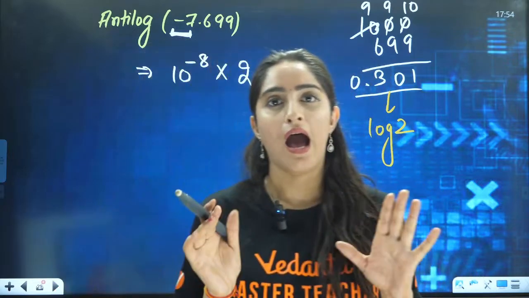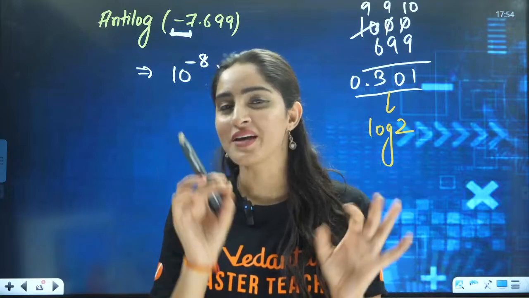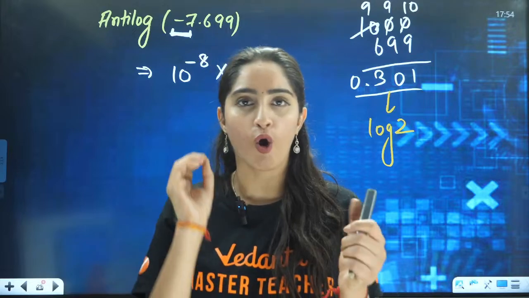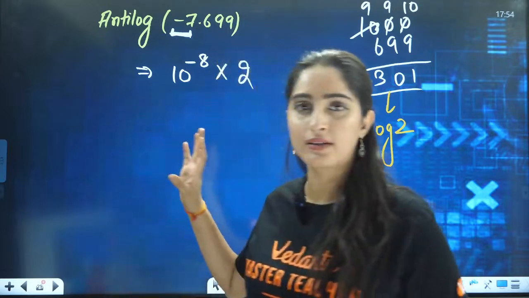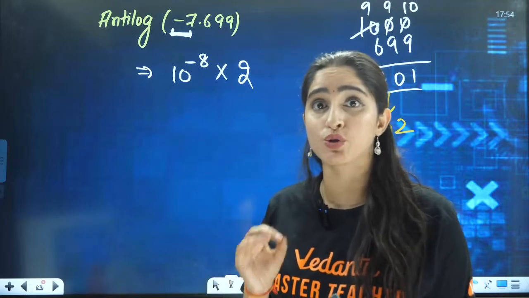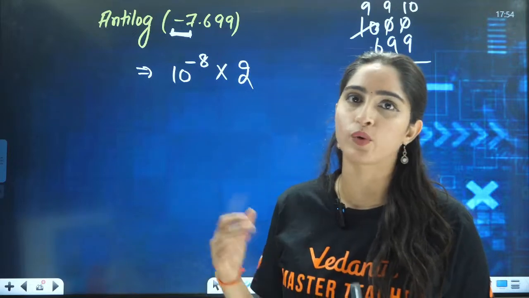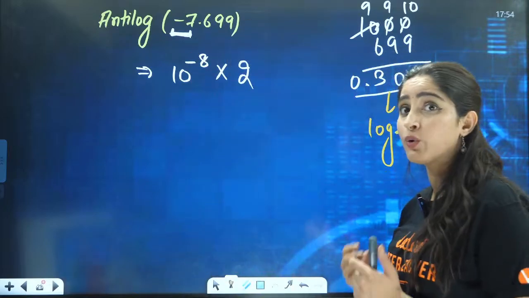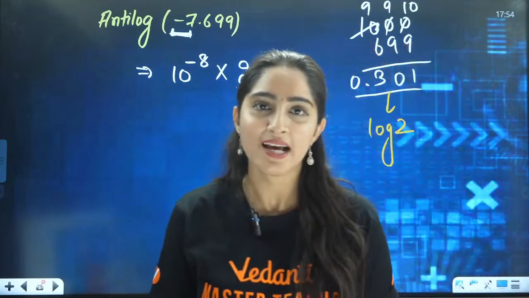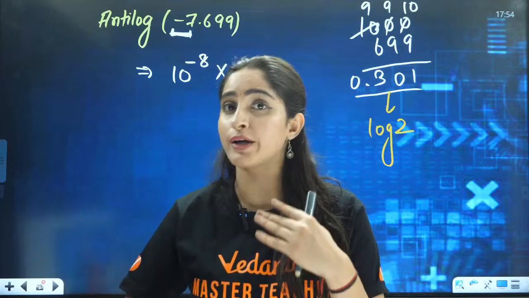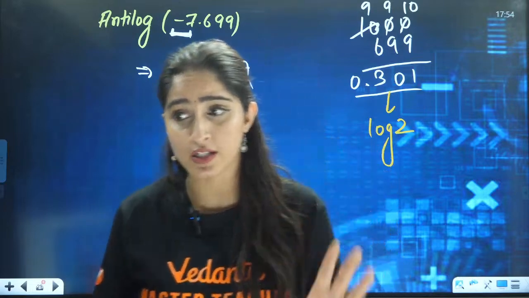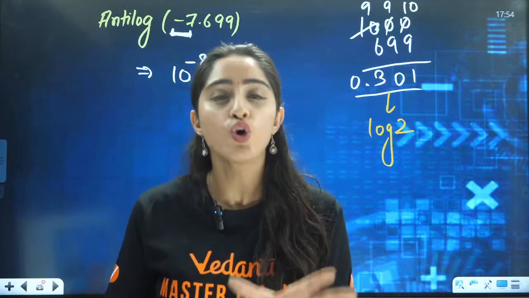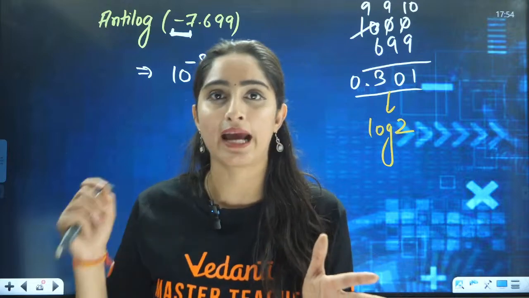Understood? So this is going to be your best lecture here for log and antilog. Why am I saying that? Because after a lot of practice, we have come up with these things that I am directly telling you, so that you are able to answer in seconds what your correct answer is. Even though I was explaining, there was not much to explain. That is why when you practice more, try to solve the numericals. When we start physical chemistry, we will solve the numericals. When we solve the numericals, I want all of you to practice and solve till the end and apply these